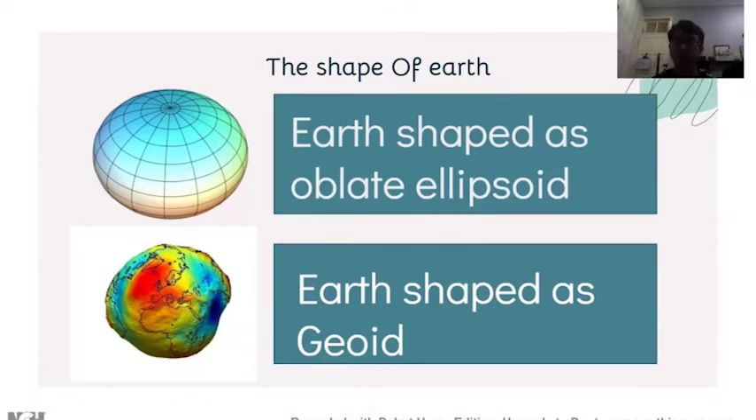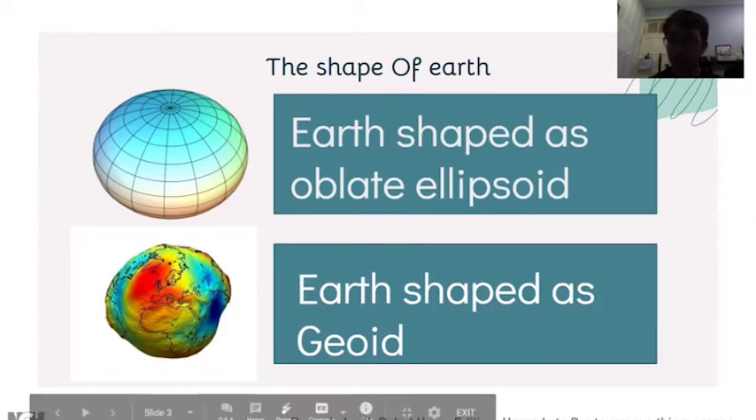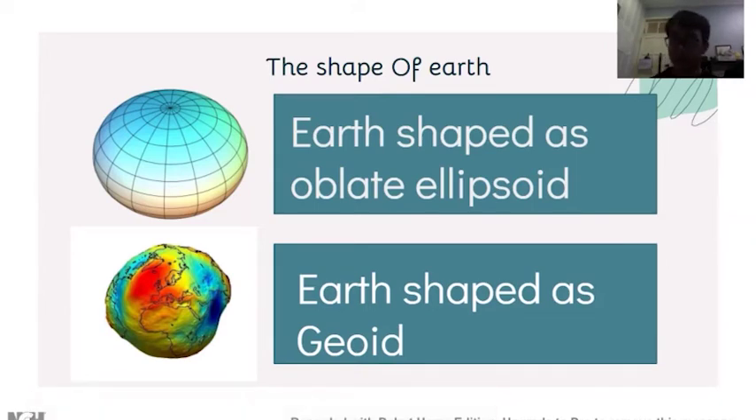So today I would like to explain my CL1 discourse about the shape of Earth. So first, Earth is not spherical, it is actually shaped as an oblate ellipsoid and also Earth is shaped as a geoid. The equatorial radius for the oblate ellipsoid is 12,756 km, which is greater than the polar radius, 12,714 km. The geoid is the shape the ocean surface will take under the influence of the gravity and rotation of